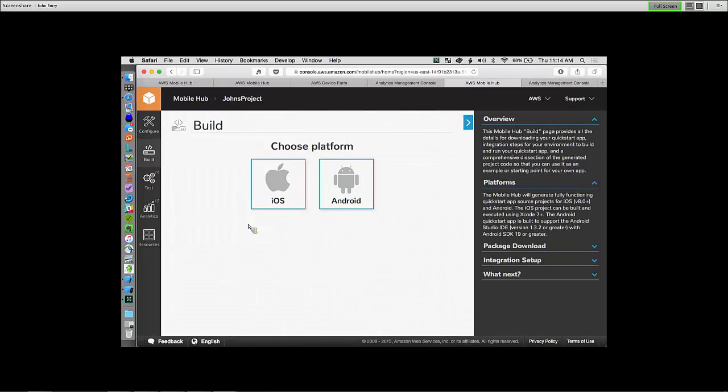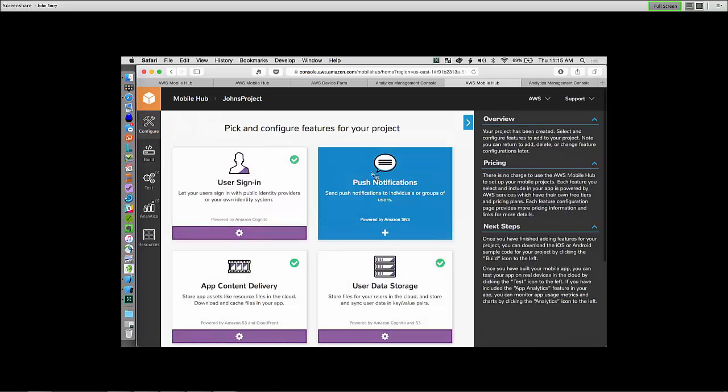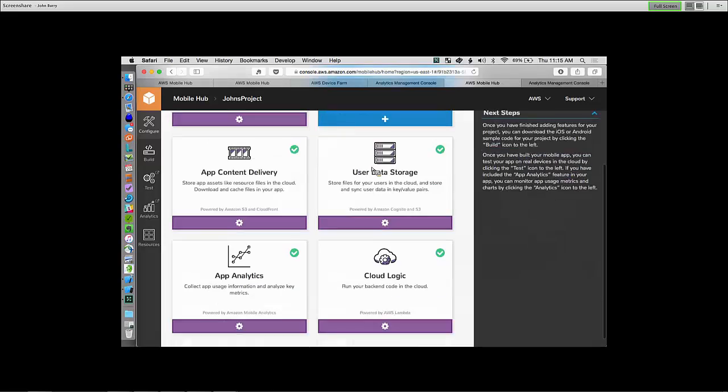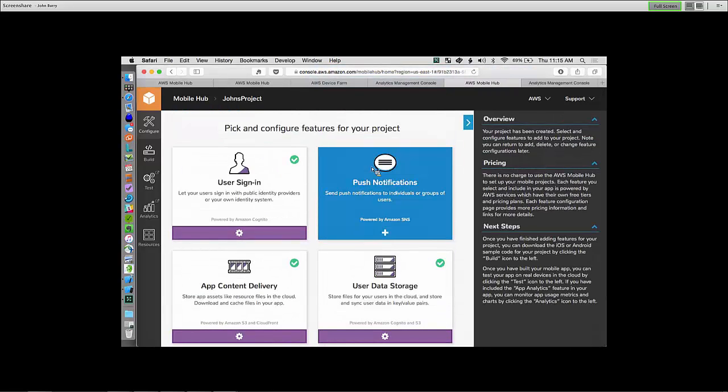And that build is going to be an entirely new application downloaded for you, reflecting the current state of your settings, but it's going to be out of sync with the modifications you made to the sample app. So when you're using the Mobile Hub, I encourage you to think through the features you want, and in some cases turn on more features than you may think you need initially. You can easily back that out of your code, and that way it simplifies your life if you make changes.